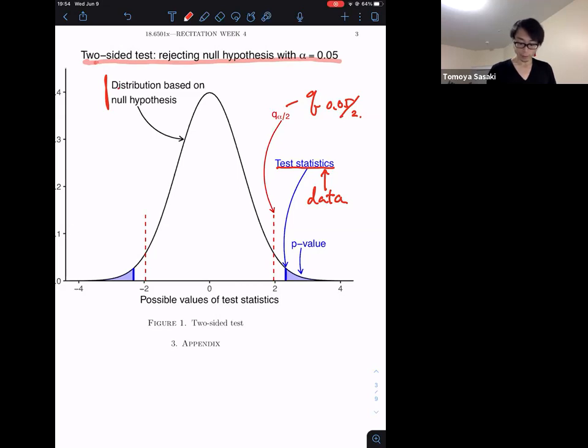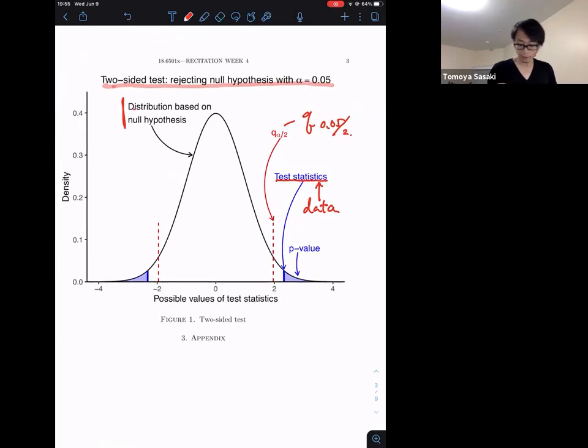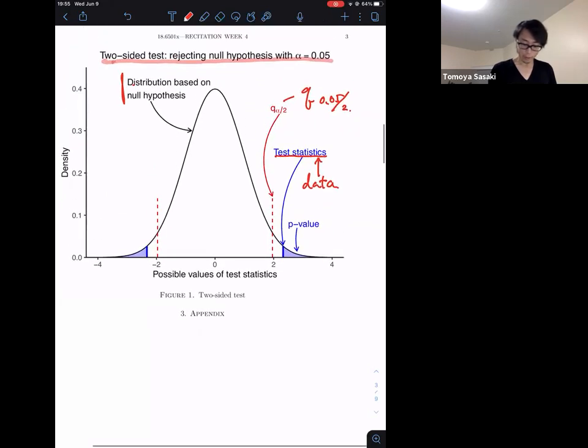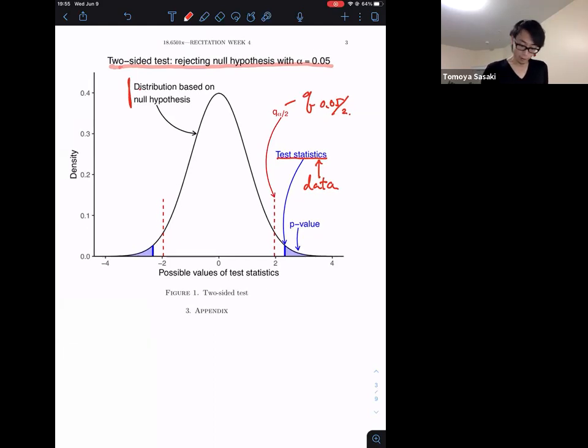So in this case, let's say this is normal. We have some null hypothesis, like we're not going to give a concrete example here, and based on the null hypothesis, how unlikely is it that we observe this test statistic? This is what hypothesis testing is doing. And when we ask what the probability is of observing a test statistic like this given the null hypothesis,